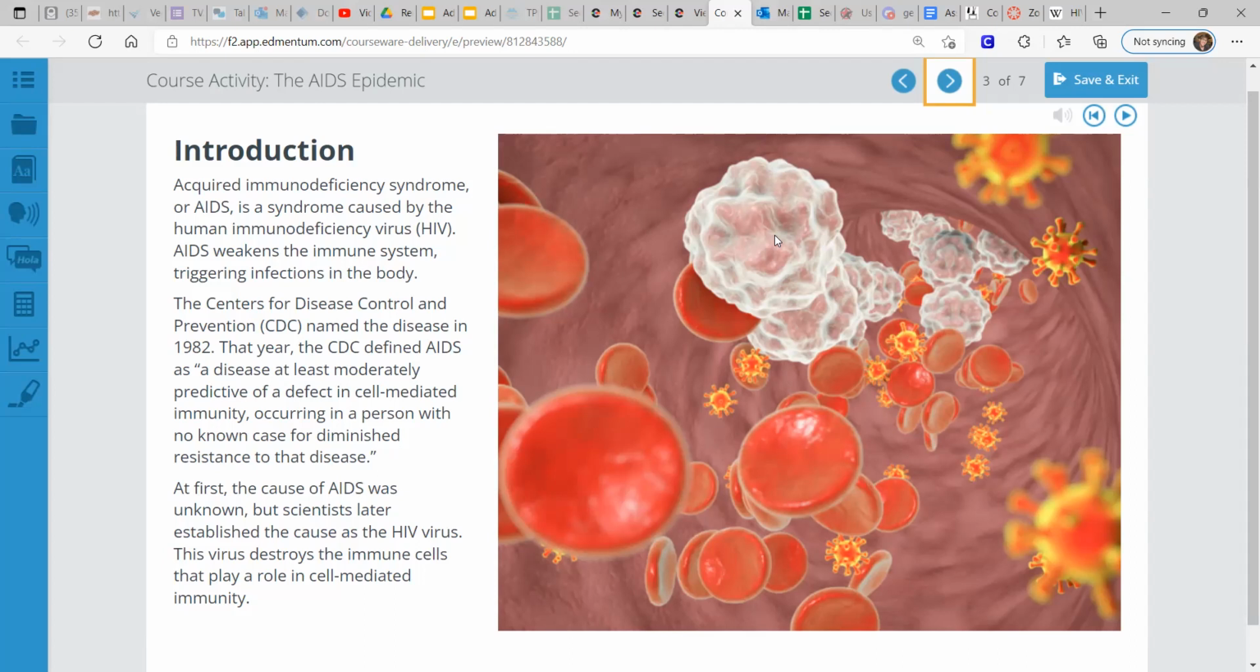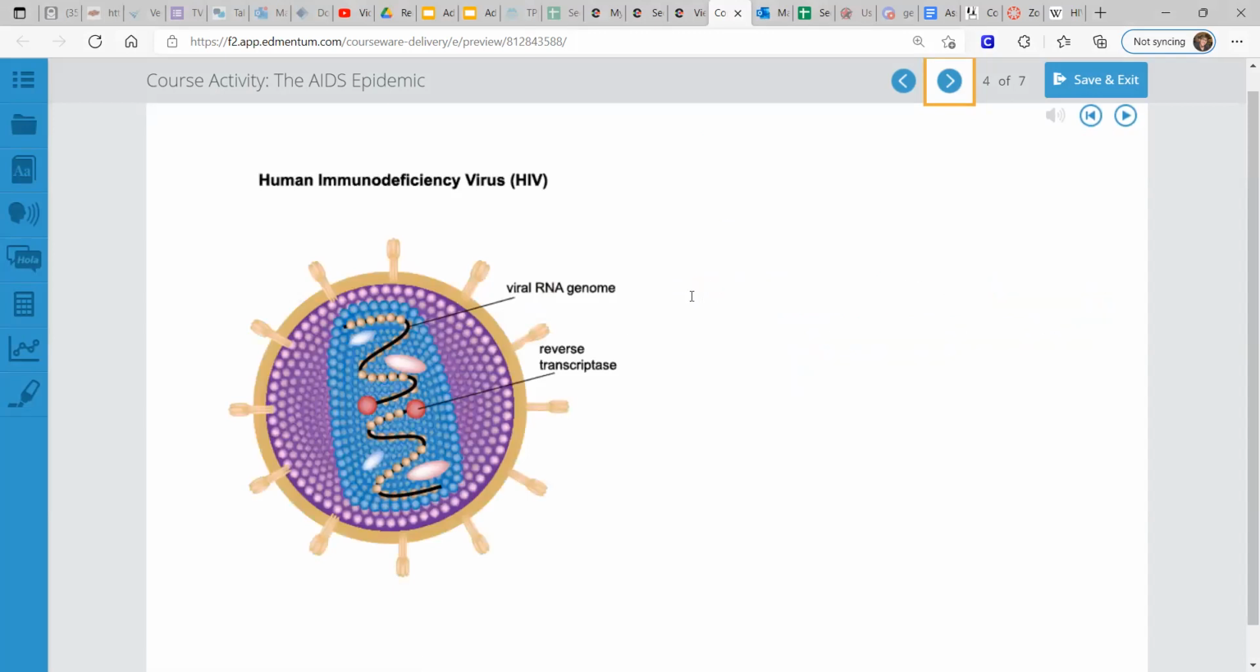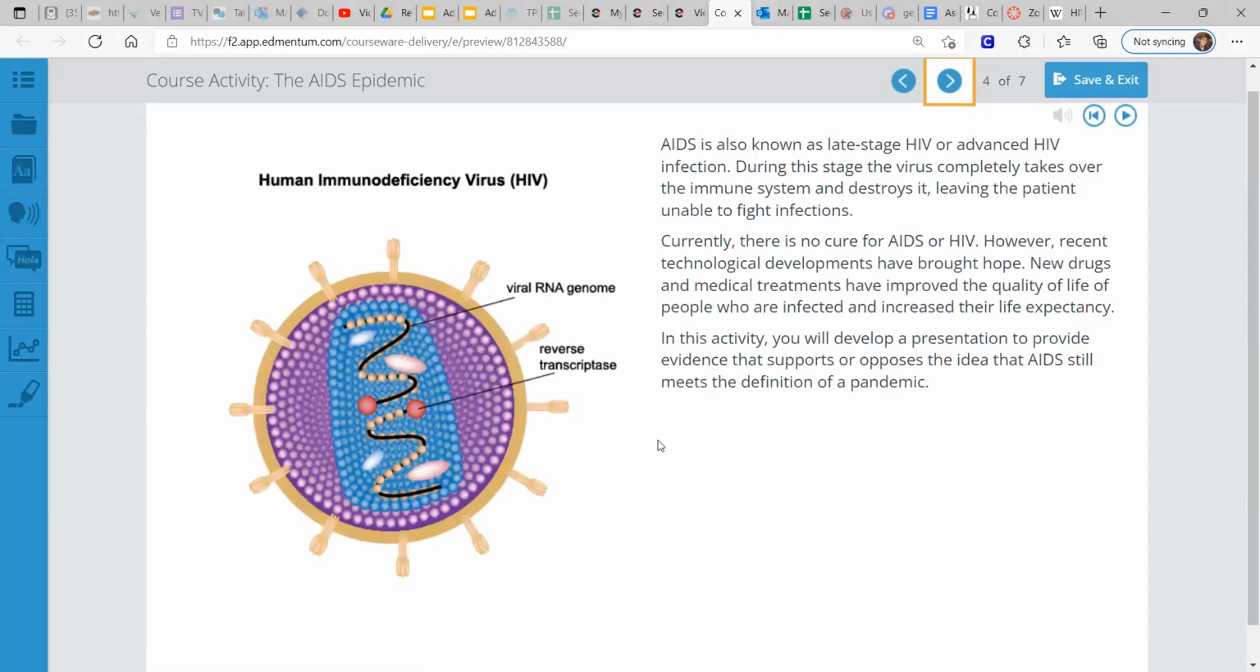At first, the cause of AIDS was unknown, but scientists later established the cause as the HIV virus. This virus destroys the immune cells that play a role in cell-mediated immunity. You can also call AIDS late-stage HIV or advanced HIV infection. During this stage, the virus completely takes over the immune system and destroys it, leaving the patient unable to fight infections. Right now, there is no cure for AIDS or HIV, but there is